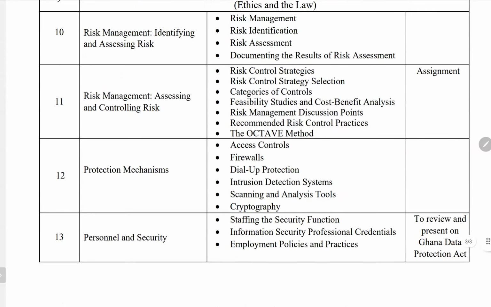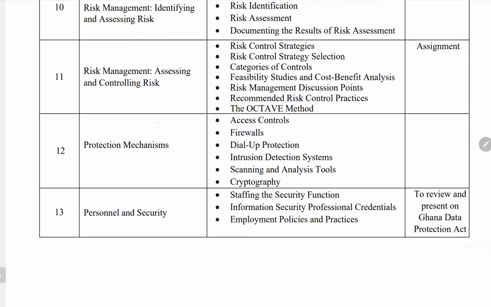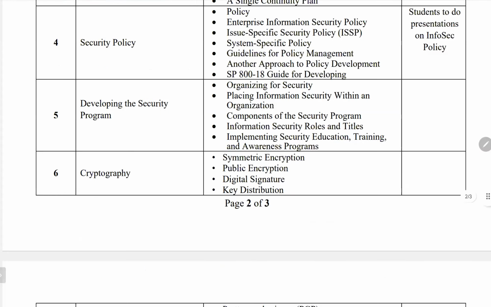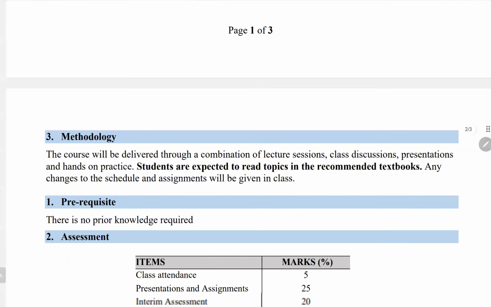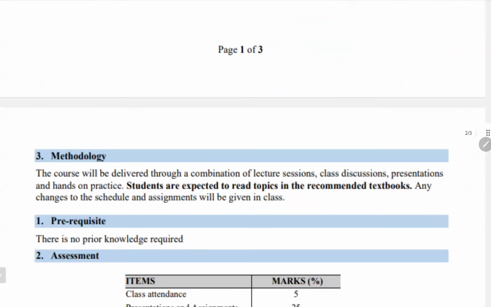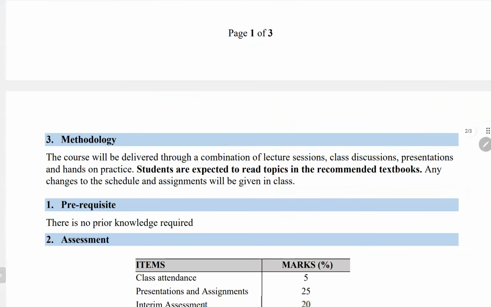I realized that, because of COVID, instead of 30 weeks, we are supposed to do this in only 11 weeks. I'll try my best to see if we can cover everything. Otherwise, we move on, because the cryptography alone will take a lot of time. Anyway, we'll try our best to finish the content of this course outline.